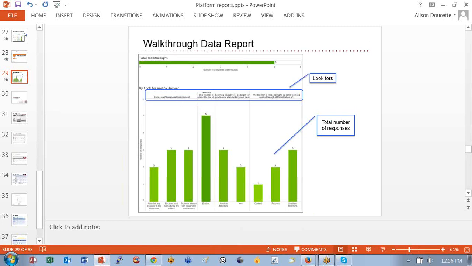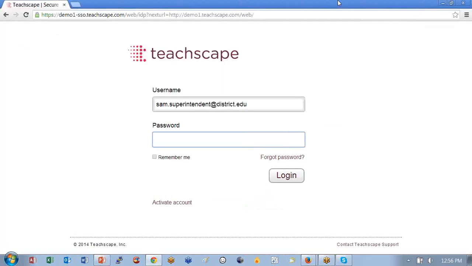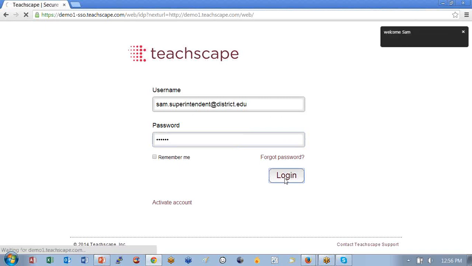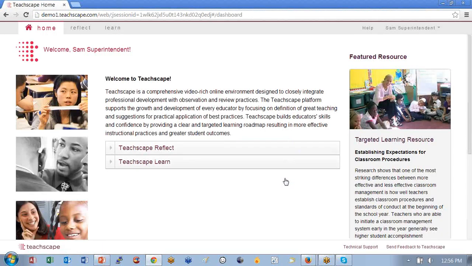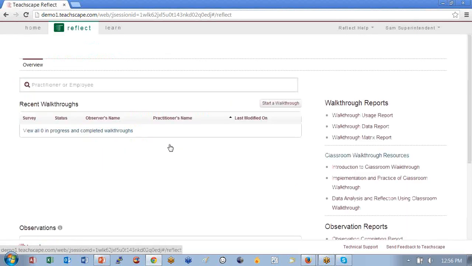But if you've been in Reflect, which I think you might have been, you know that you can export it to Excel. You can filter things. You could change things around a lot more. So that's something we're working on. These static reports will still exist in Learn, but we're trying to get to a point where you're able to do more analytical reporting with that data. And I will try to get you something better as far as descriptors for the Learn reports, because I know we have something. I just don't have it on me right now.